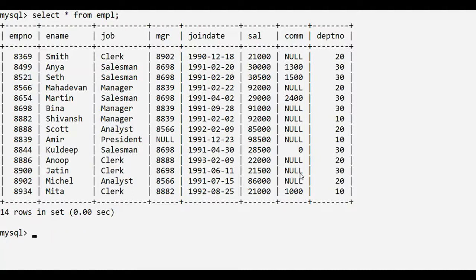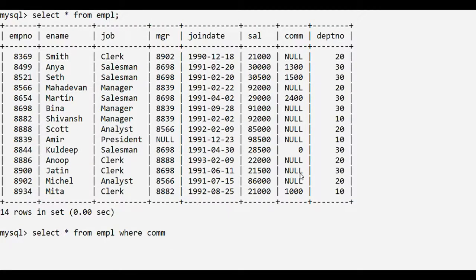Let's write the query. Select asterisk from employee where commission. In order to specify a range, we use the between operator, but this time we want to display only those records where the commission is not in the specified range.